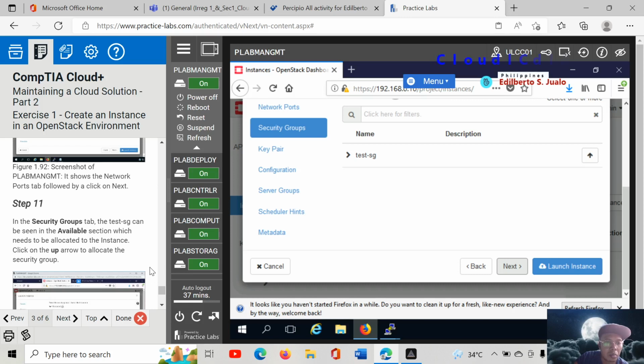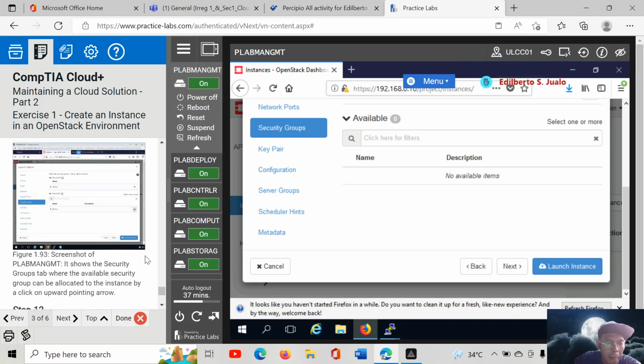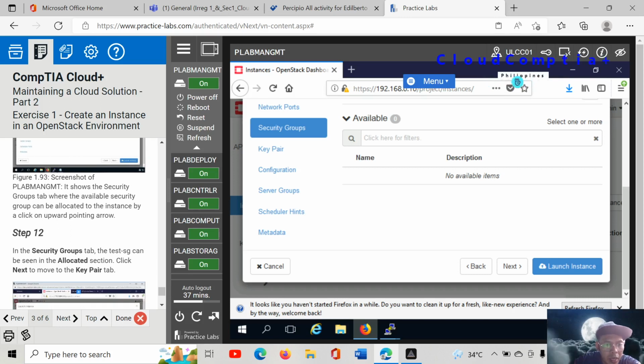In the security group tab, test SG can be seen in the available section, which needs to be allocated to the instance. Click the up arrow to allocate the security group. In the security group tab, test SG can be seen in the allocated section. Click next to